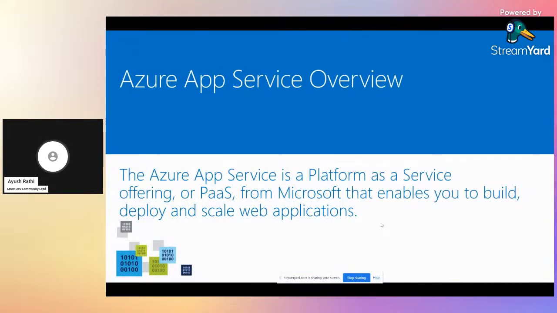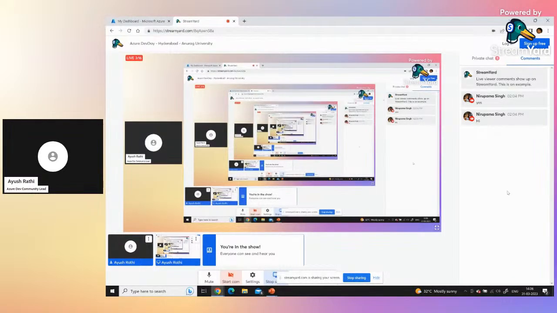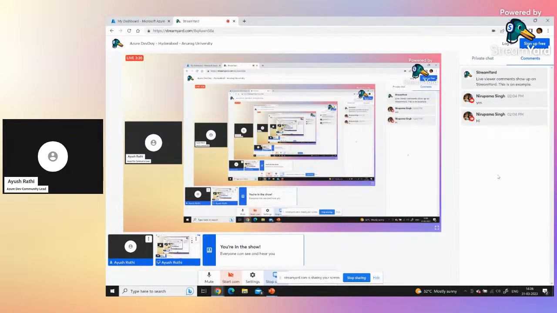Now, before I really get into what Azure App Service is, how many of you are aware of what platform as a service is? Okay, so